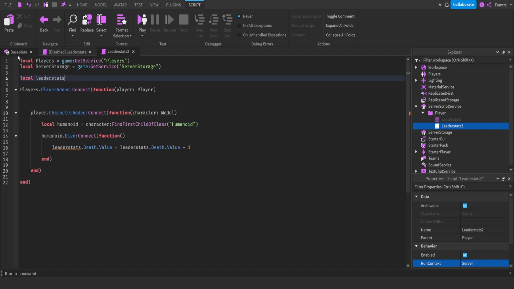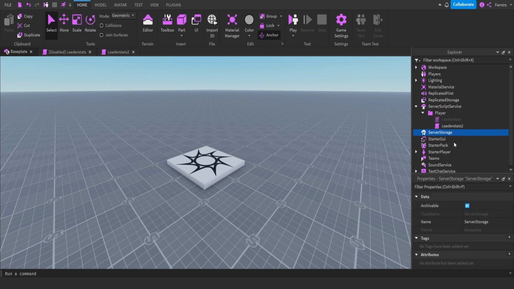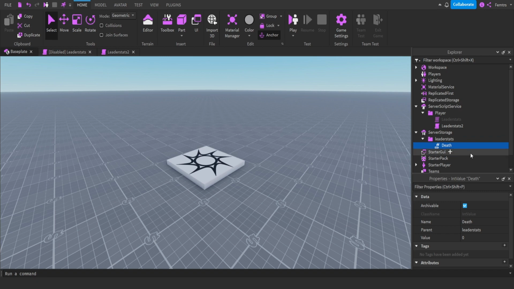And now we're going to head over to server storage, and we are going to click on it and add a folder. We're going to name this folder Leaderstats, all in lowercase, and we're going to add an integer value, and we are going to name this death, and we're going to make sure the value is 0,